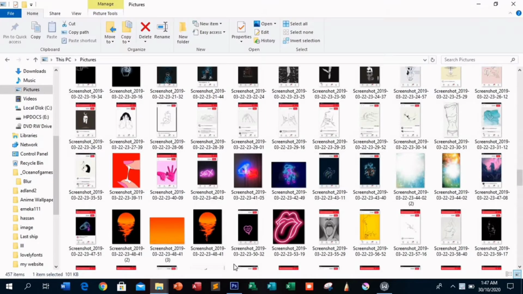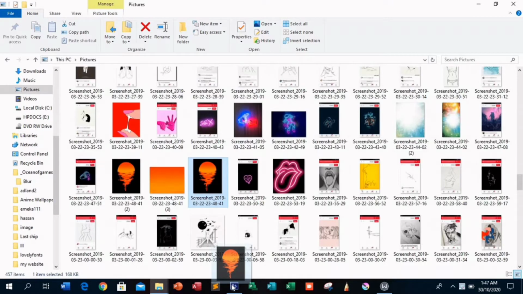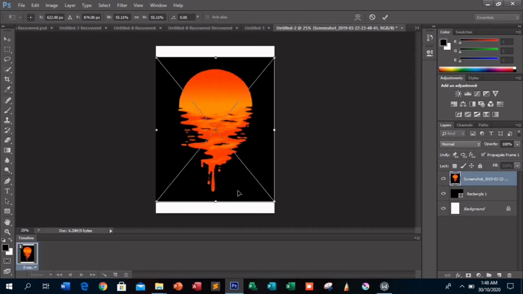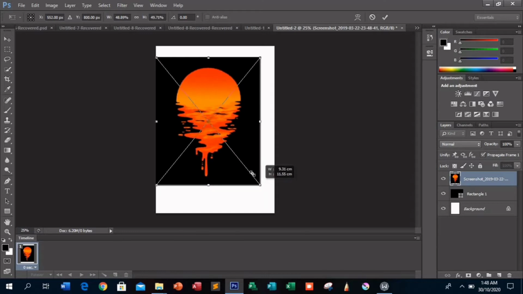We will go to our file manager, then click a picture, then drag it down to Photoshop, then you release. Then you can now adjust the picture size.